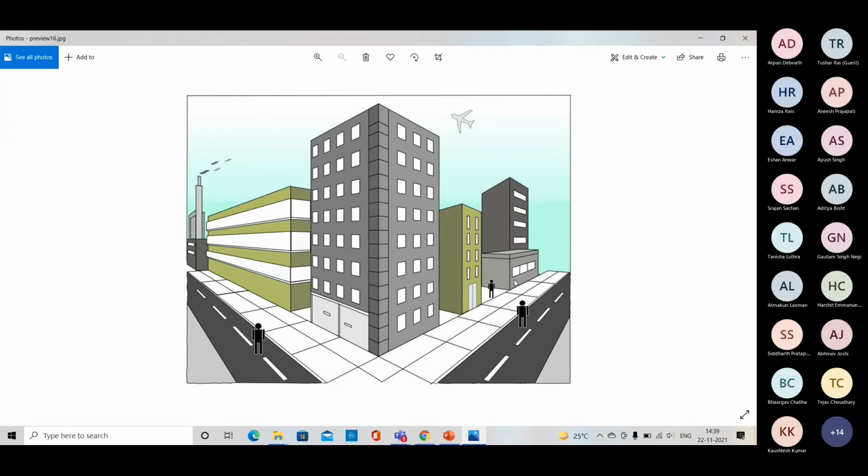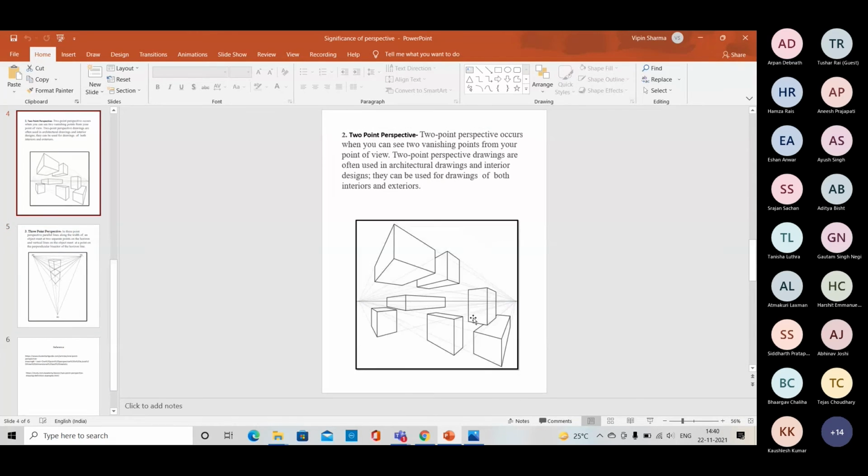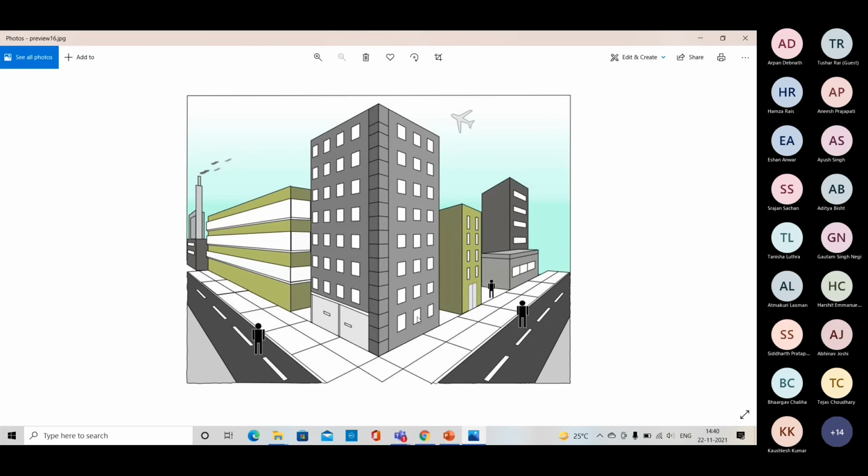So you guys have to create a similar 2-point perspective drawing with below eye level. Definitely it's a mid eye level, so you need to place it in a below eye level. My eye level would be on top of the building. As reference in the PPT, you can find the 2-point perspective like this. So you need to place the building below the eye level. So it's called below eye level, right? So the building should be like this, and the eye level should be like this. Okay. So this image I will share with you in your WhatsApp group, I will post it in.